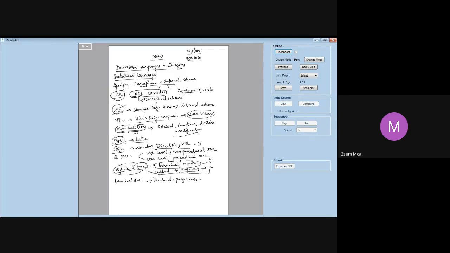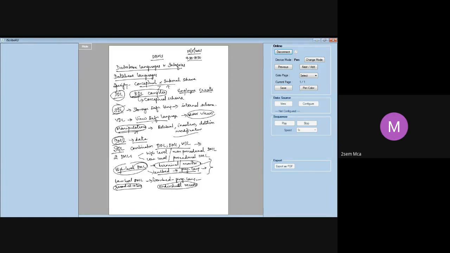What is a low-level DML? It must always be embedded in a general-purpose programming language or any high-level language. This low-level kind of DML will always retrieve individual records only. One by one only, you can retrieve only individual records. Only one record you can retrieve at a time from the database and process each of these records separately. Therefore, you also call this low-level DML as record at a time. Record at a time means what? Why are you calling it record at a time? Because you can retrieve only one individual record at a time and process it.